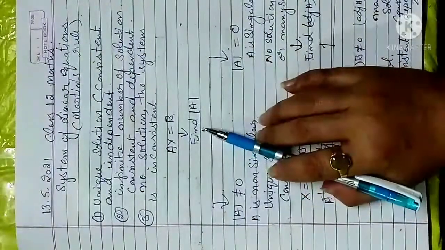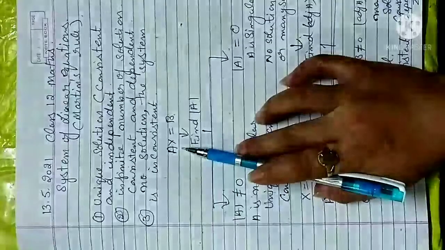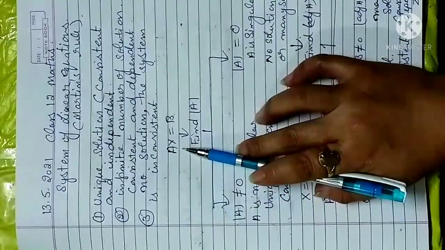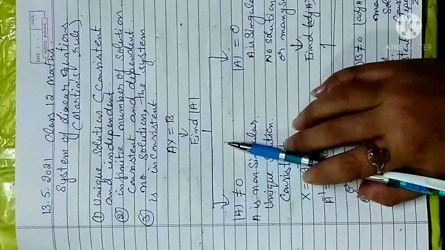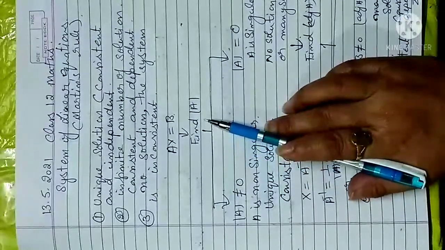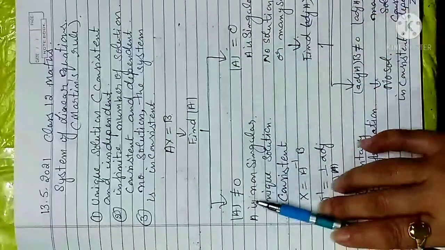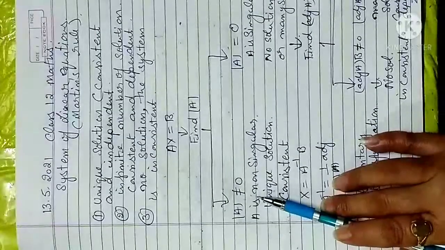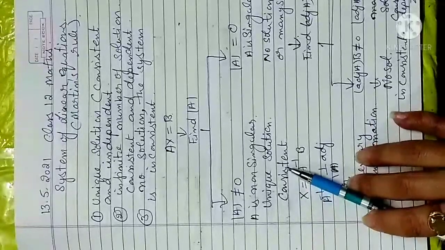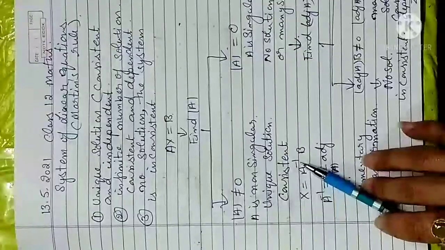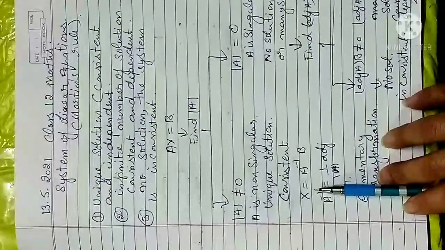Very first, you have to find the determinant of this particular matrix A, that is multiplied with the x, y, z variables. So first separate the x, y, z variables, separate the A matrix and separate the B matrix. Now you find the A determinant. There will be two conditions: either it will be 0, or it will not be 0. If it is not 0, then this is a non-singular matrix, a unique solution is there, it is consistent, and A inverse exists. So you solve with this method.